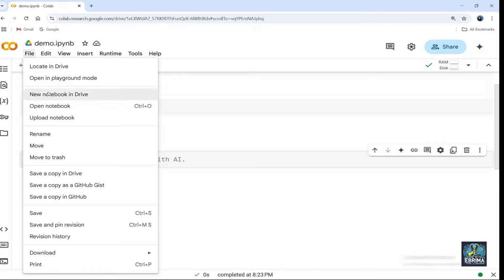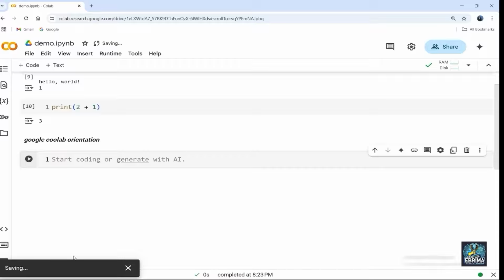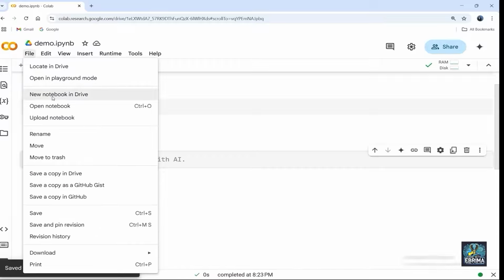Let me go back to the file. And also we said you can download it. Okay, so we said it's used for saving, downloading, and uploading. So let's focus on the saving. So you can see here save. So I'm just gonna click it and you can see now it is saving here. Okay, all right. So I can come back again to the file and I can go down, go down, go down. And now if I want, I'm going to download this notebook.